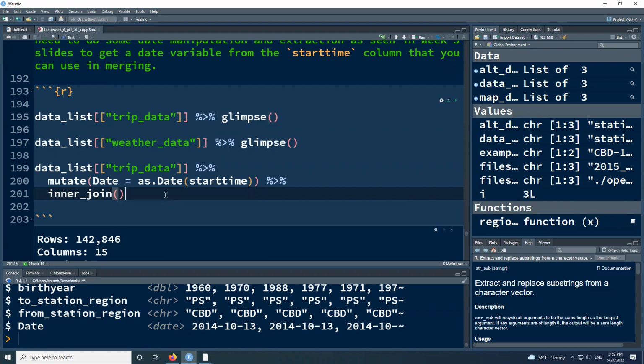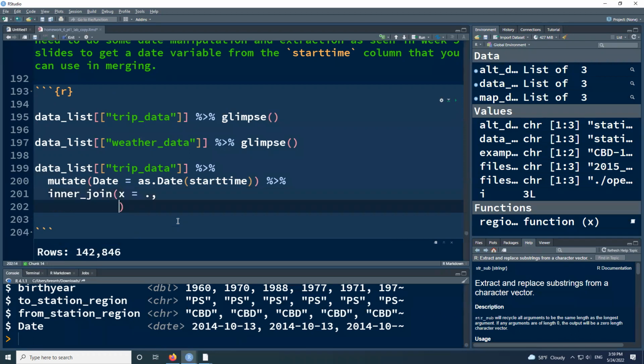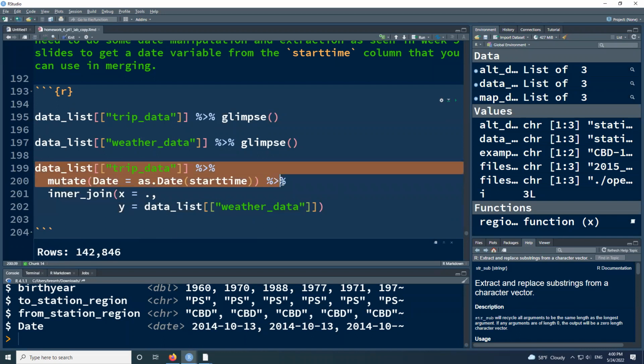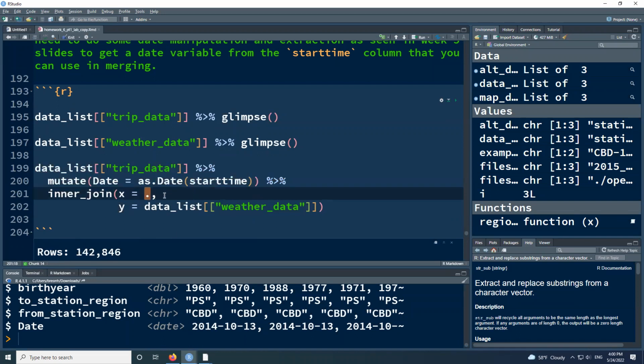If you want to make it explicit, we can say x equals dot, and then y equals data list weather data, so that I can make sure that we're all on the same page here about what's happening. So we're piping this information that we've just manipulated to the left-hand side of our join by using this dot notation, then saying comma, and then our right-hand side, this y equals, is going to be our weather data, but